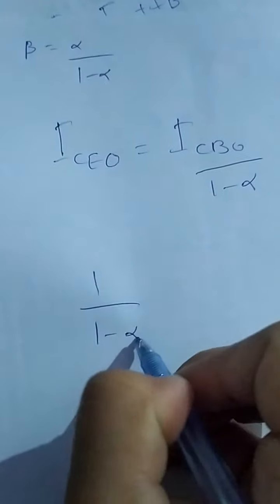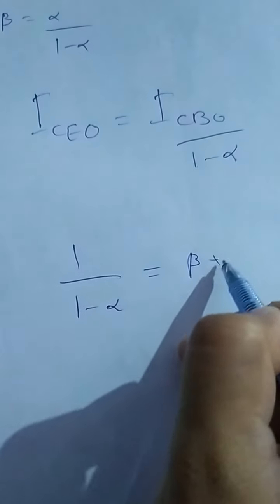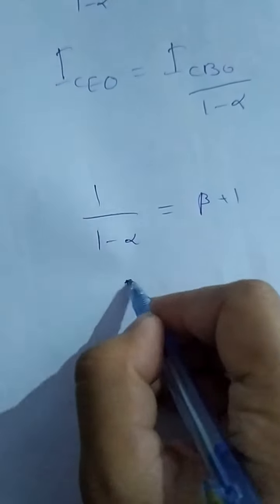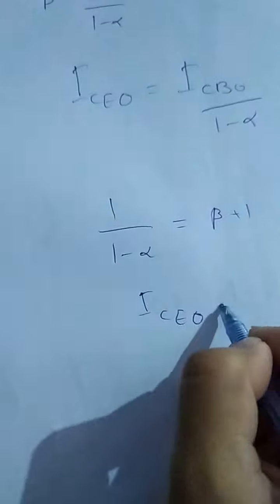Using that 1 over 1 minus alpha is equal to beta plus 1, this will be equal to ICEO is equal to